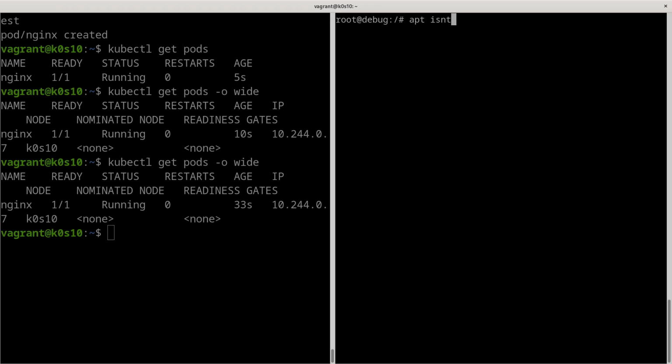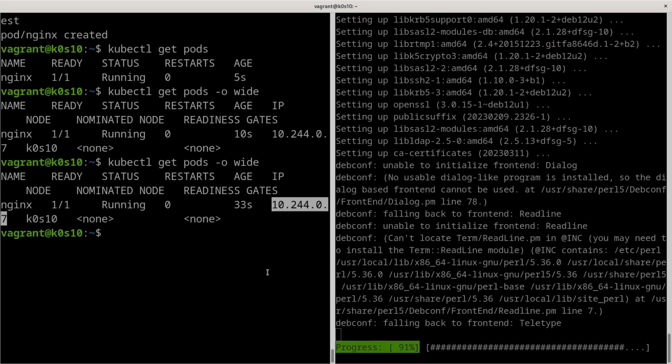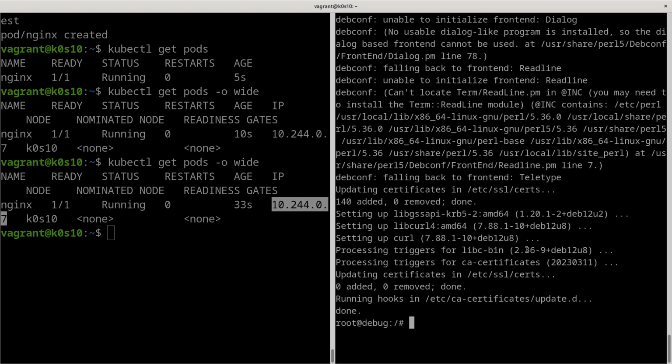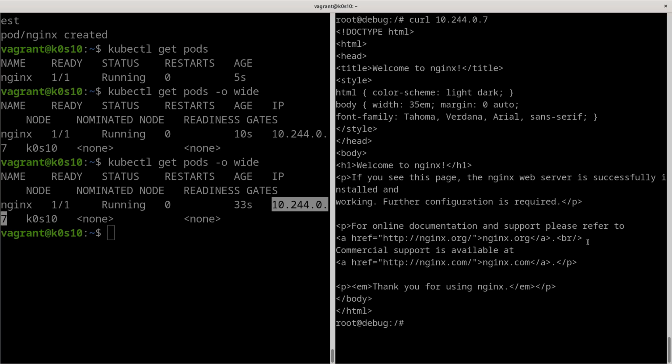So apt install -y curl, and I can check if from this pod I can send a curl and I have access to the first pod, and it works,